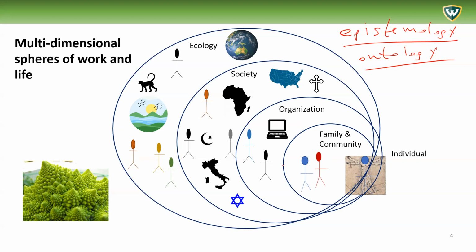So I think life takes place within multiple spheres, multiple dimensions, and they all impact us, and we impact them in turn. And by we, I mean human beings, but of course you could extend this to animals as well, but we can focus on human beings. I put them at the center here, but I don't really see humans as the center of all of existence. But for the diagram, I think it's useful.